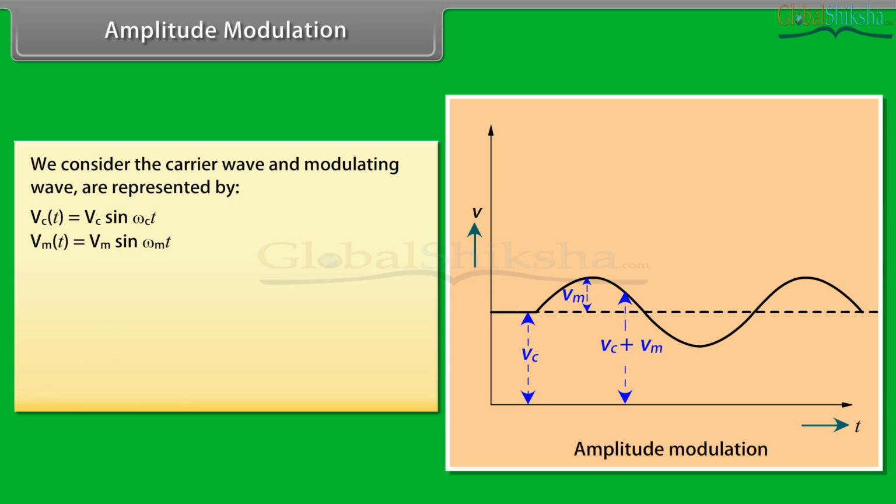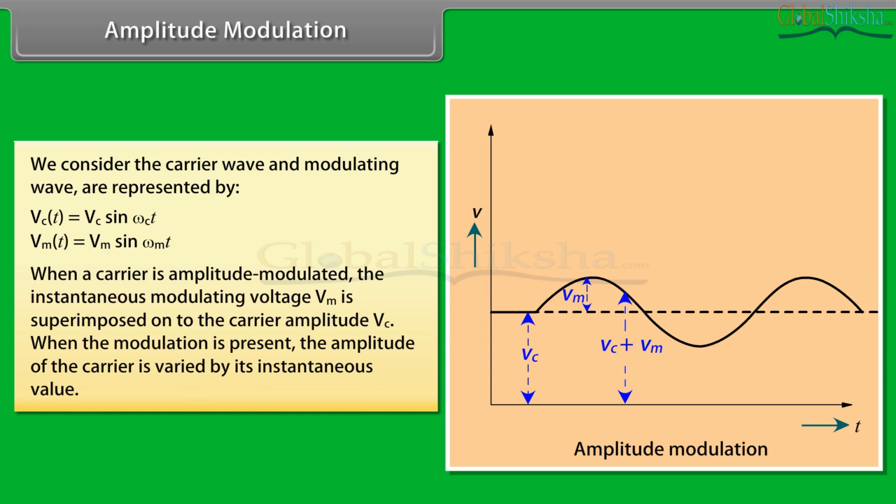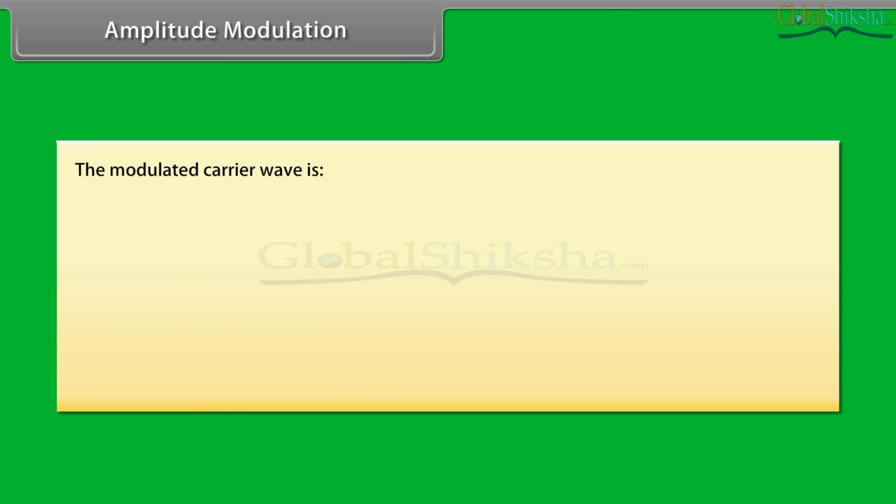VmT is equal to Vm sin ωmt. When a carrier is amplitude modulated, the instantaneous modulating voltage Vm is superimposed onto the carrier amplitude Vc. When the modulation is present, the amplitude of the carrier is varied by its instantaneous value. The modulated carrier wave is given by Vt is equal to (Vc plus Vm sin ωmt) multiplied by sin